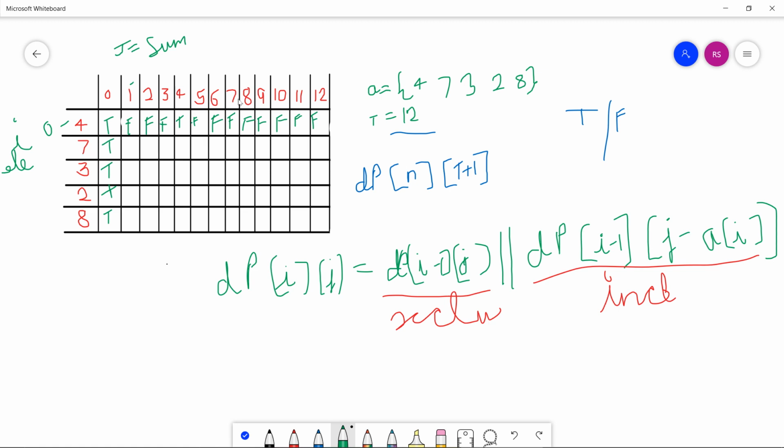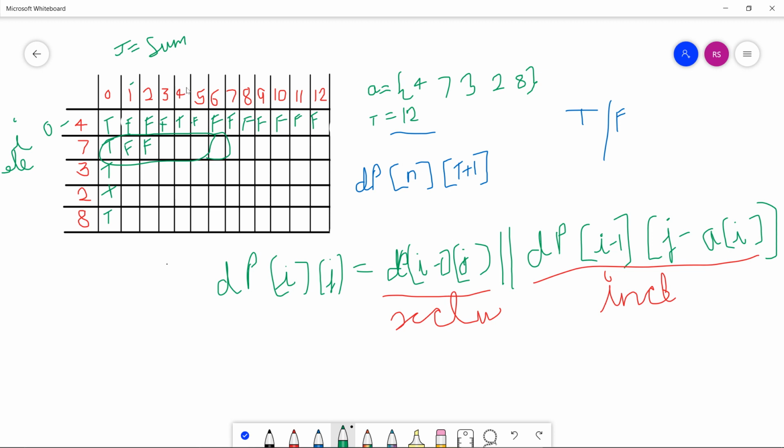for sums less than 7, for this row, we have to take just the result of the upper row, like true here, false here, because for sums less than 7 we cannot say that the sum is present. Like the sum 6.